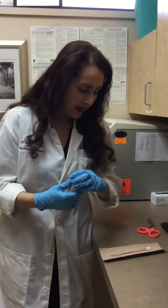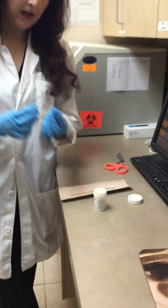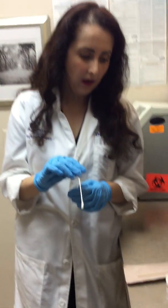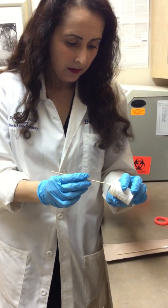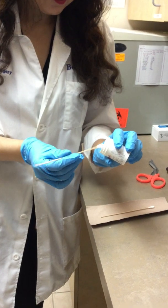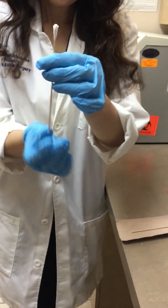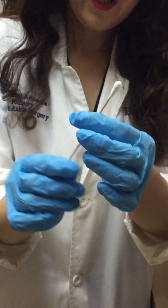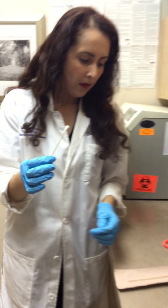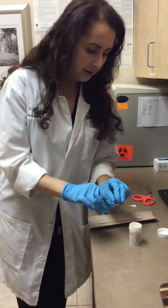So 40% sal acid, you take a clean Q-tip, even the ones for your ears at home could work, and you want to just have enough acid, just a few millimeters of acid on the Q-tip, not much, and you put a thin layer on. Why? As you apply